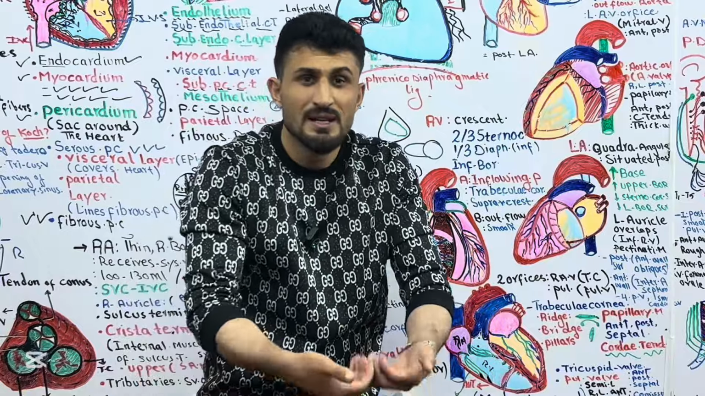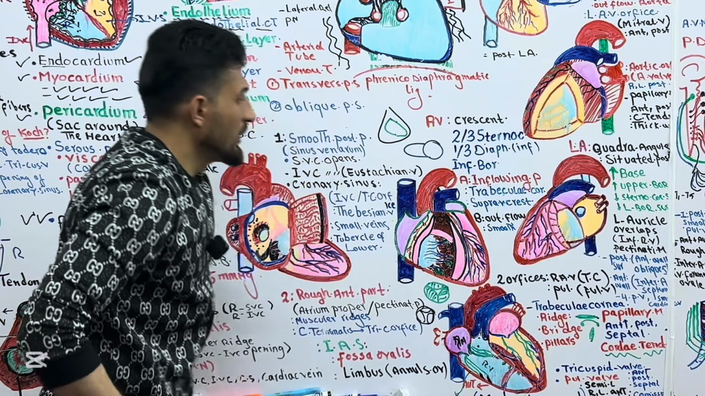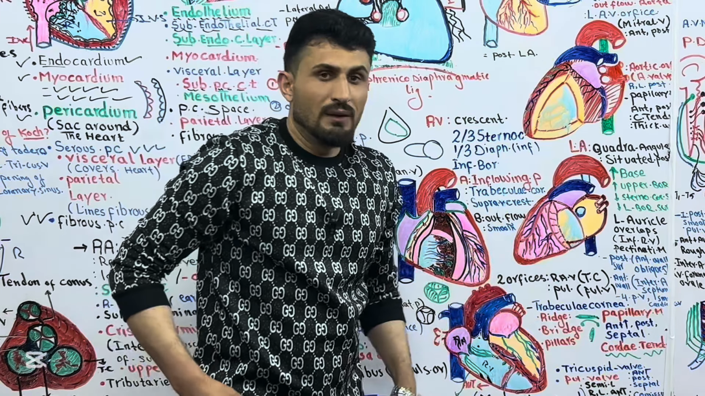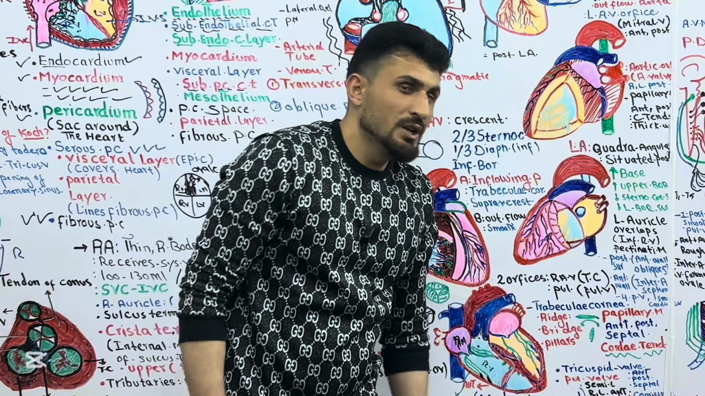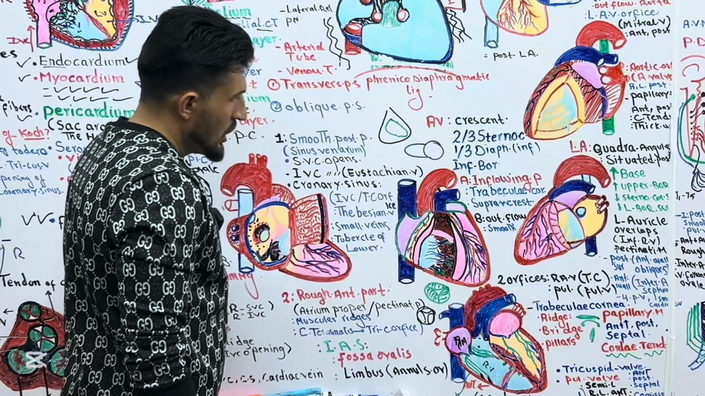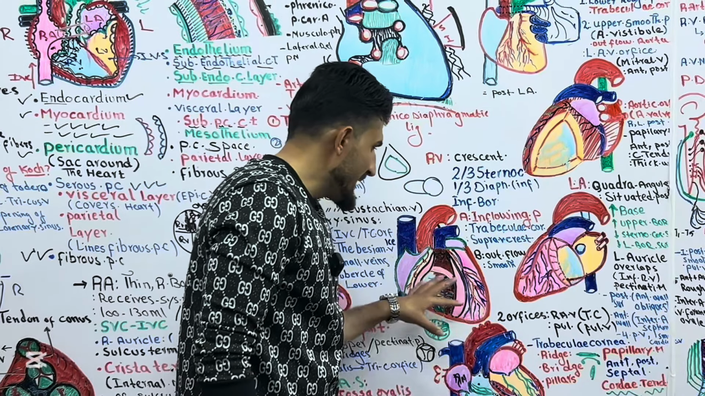So these are called sinuses. And this sinus has an important function in the aortic valve, which helps us in coronary circulation. We'll talk about it later on. So this was all about the right